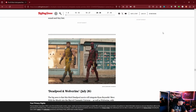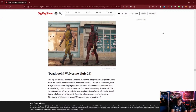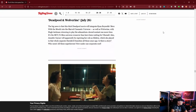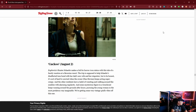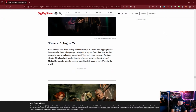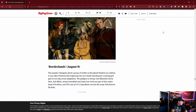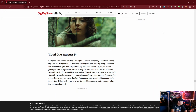Twisters. Okay. Now that might be interesting if you're into those kind of movies. I do like the Deadpool movies. And to see him coming back to do Wolverine, maybe. Oh my God. Look at this. Based on a video game. Oh my gosh. Look how...